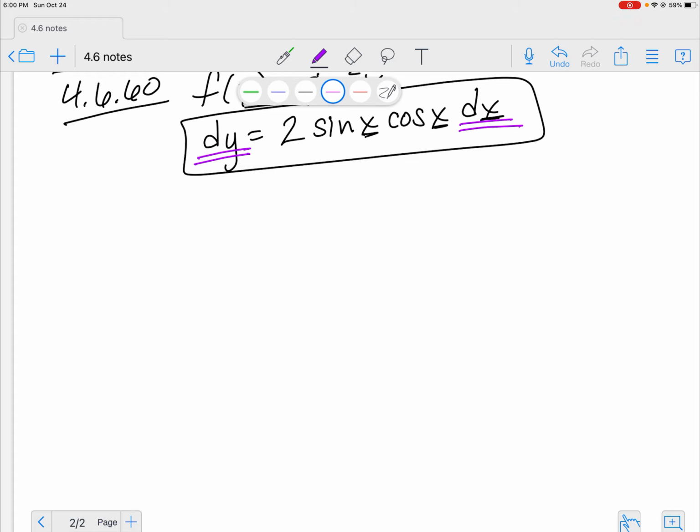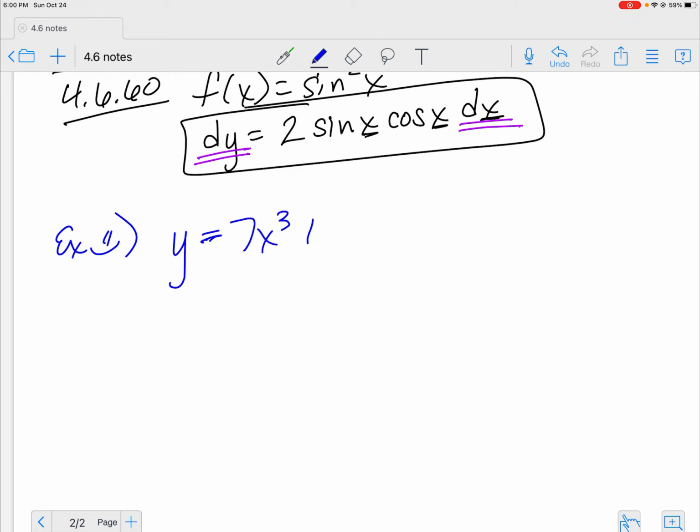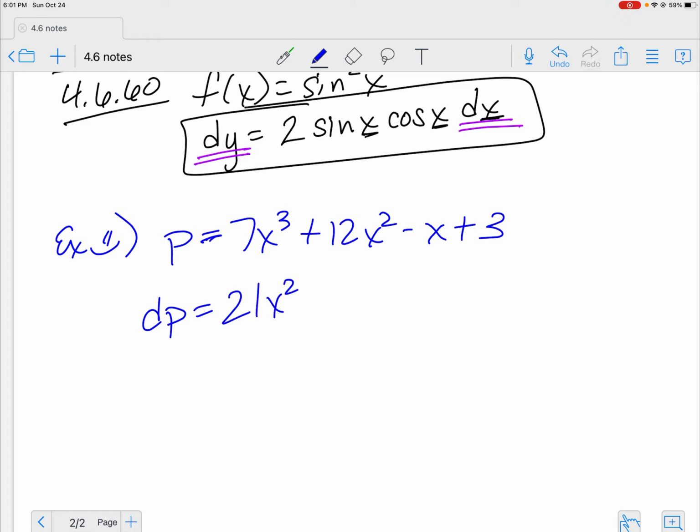Let's have something like this, because why not? Here's an example, smiley face, because we're making it up. y is equal to, let's just do some polynomial. 7x cubed plus 12x squared minus x plus 3. Use a differential. So dy, yep. And if this were a different variable, actually, let's change this, and let's call this p, right? So dp now is equal to 21x squared plus 24x minus 1,